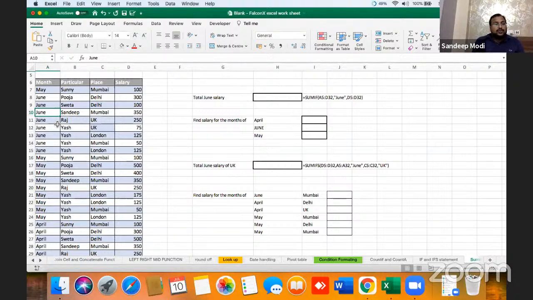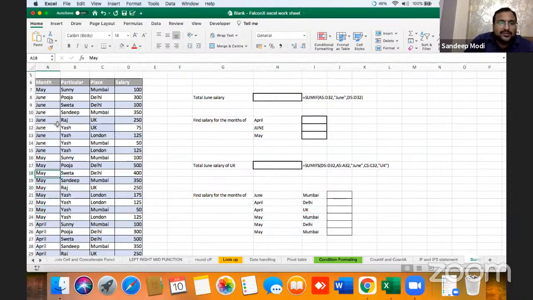What is the total of June salary for the month of Mumbai? So how can we find these answers? For example, this is the problem statement. June salary, Mumbai month. What is the total? And all these queries we want. First, we want April, June, and May queries total, and then we want